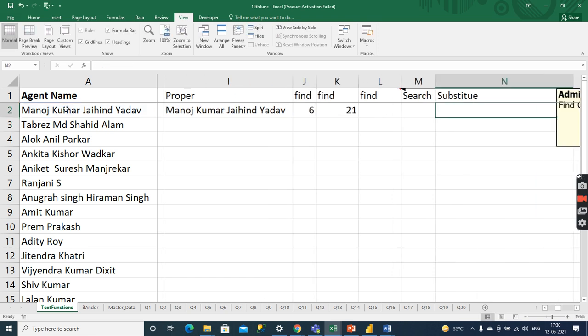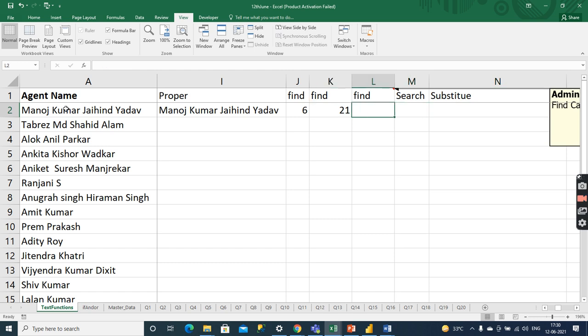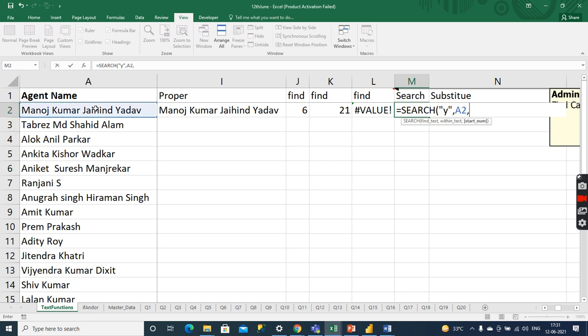But we have another function, search, also. So what is the difference between find and search? Because sometimes it comes up in interviews. So for find, if I write a small y here, then it will not work. So find is basically case sensitive. Whatever value I give, it will give the answer for that exactly. But with the search function, we can write either a capital Y or a small y. Doesn't matter, it will search the position. So find is case sensitive and search is not case sensitive.